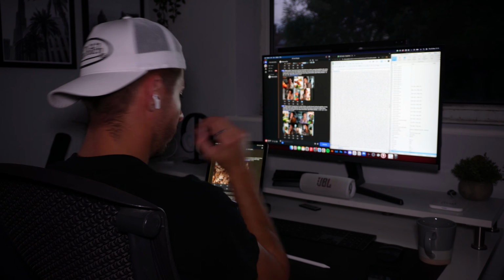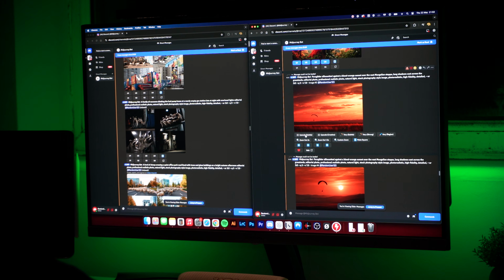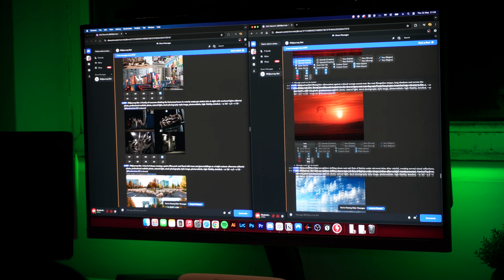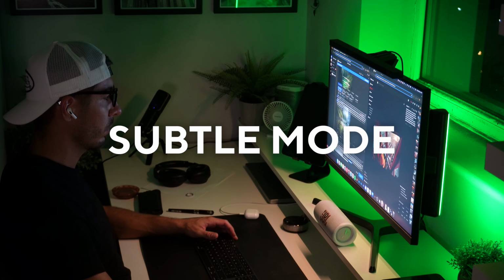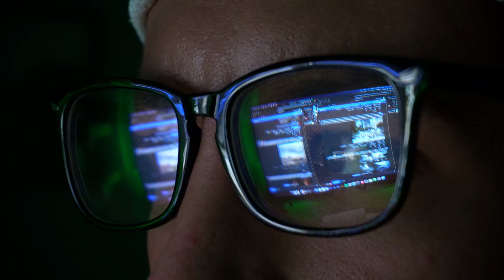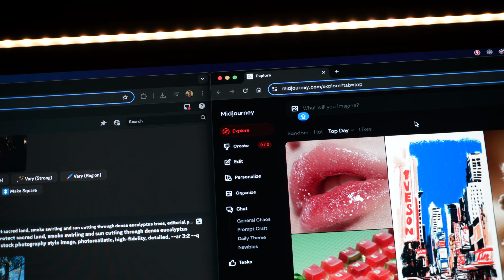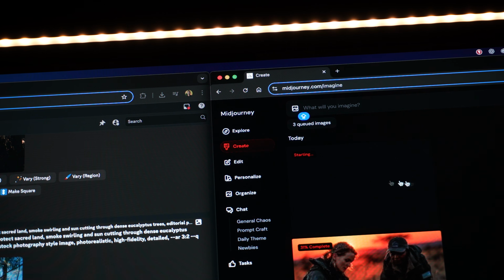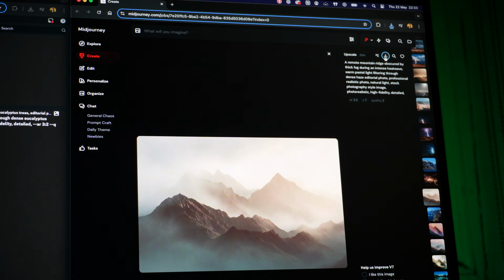But honestly, this setup has saved me a ton of time compared to anything else I've tried. Once all the prompts are done and I've handpicked the best ones, I go back in and run the final upscale for each chosen image under the subtle mode, just to keep things looking clean and stock friendly. And finally, while those subtle upscales are processing, I head over to Midjourney's Create section on their website. That's where I can scroll through the final images in one clean feed and save them one by one, nice